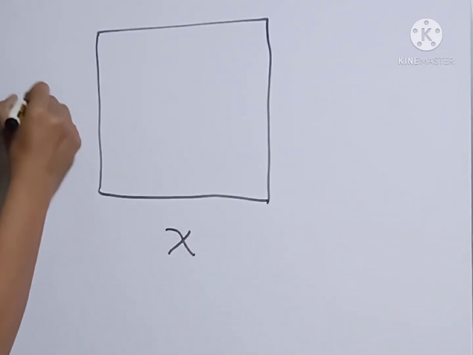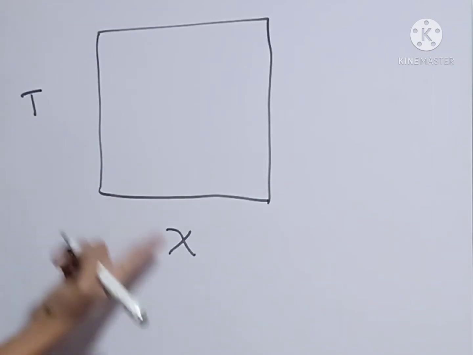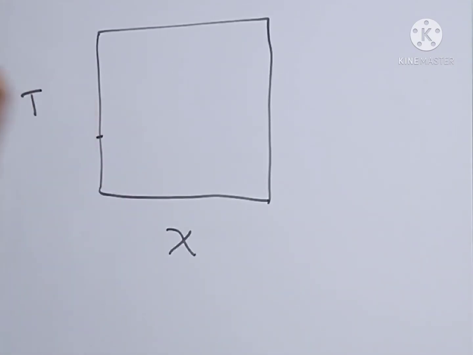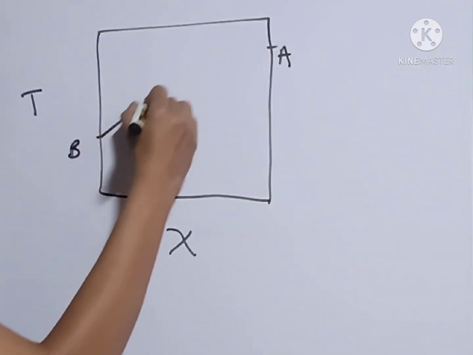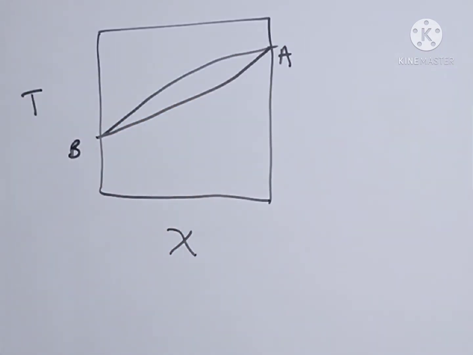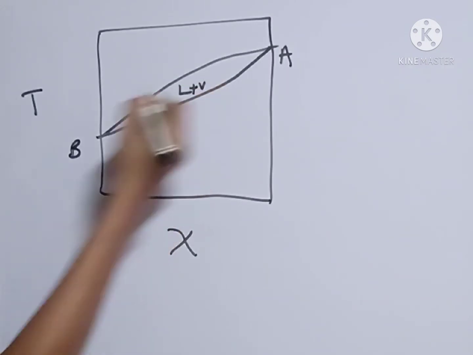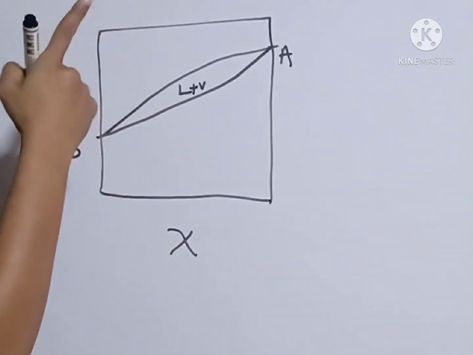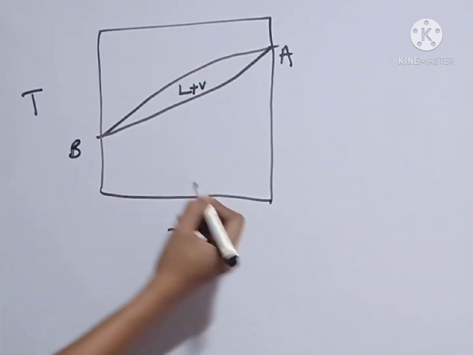Here also we are going to draw the same vapor composition, liquid composition curve, showing the boiling point against mole fraction of pure solvents B and A. B is the less volatile substance and A is the more volatile substance. And this is a type 1 binary liquid. Okay, here between this region is a two-phase system, that is, the liquid phase as well as the vapor phase exist between this region. So, if I consider